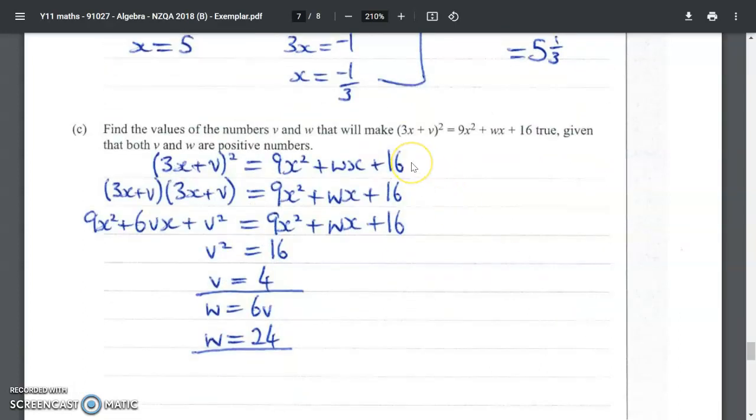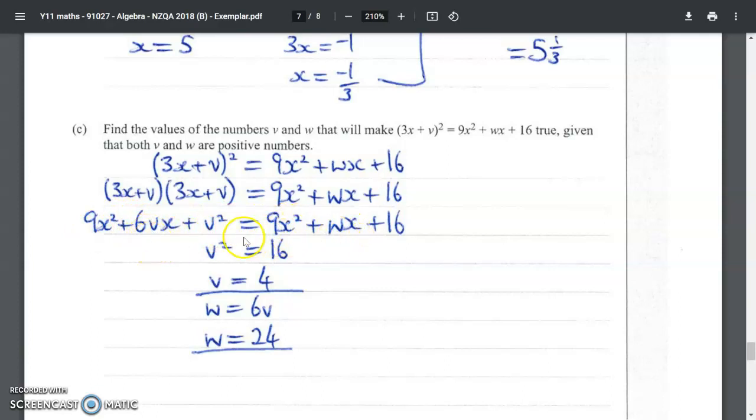Okay, find the values of the numbers c and w that will make this side equal to this side. So we just expand the side on the left to get 9x squared plus 6bx plus b squared. Then equating coefficients, the 9x squared is the same on both sides. The coefficients of x are 6b and w, therefore 6b